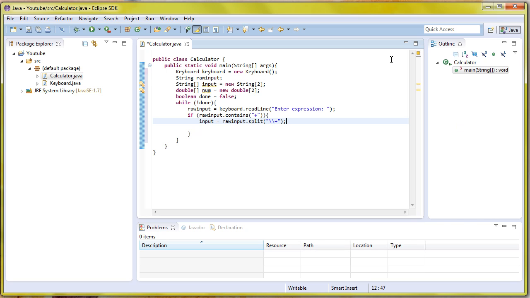It's not gonna work otherwise. And you're welcome to try it, but I'm telling you, it's not gonna work. Okay. So then we want to convert the input things to a double. And so we have this num array right there, and the way elements in an array work